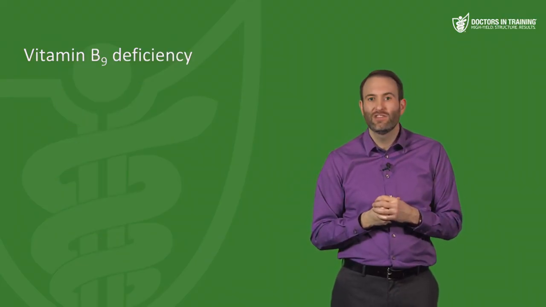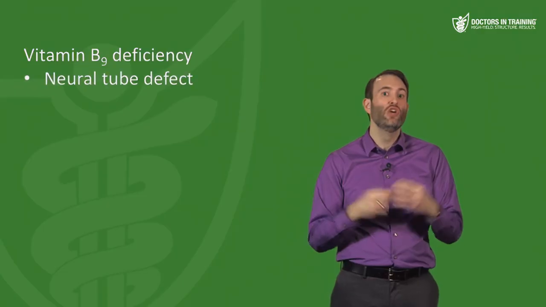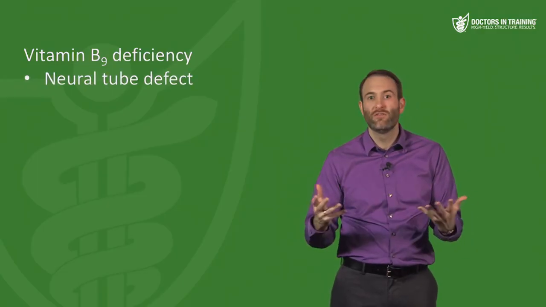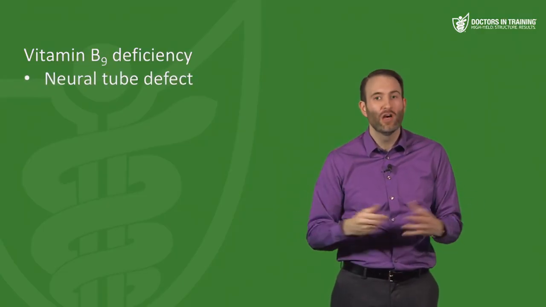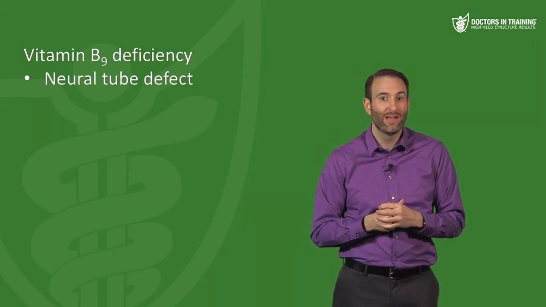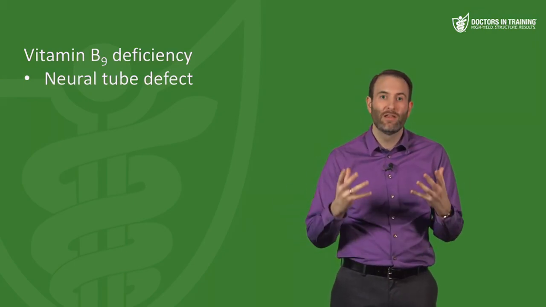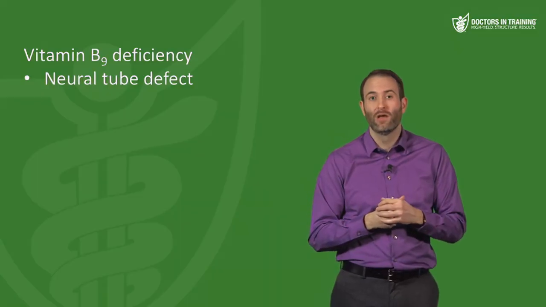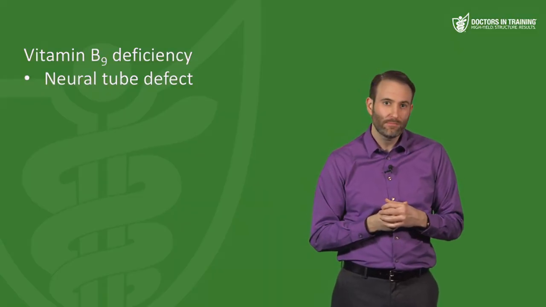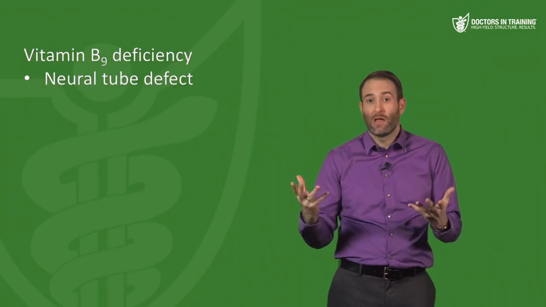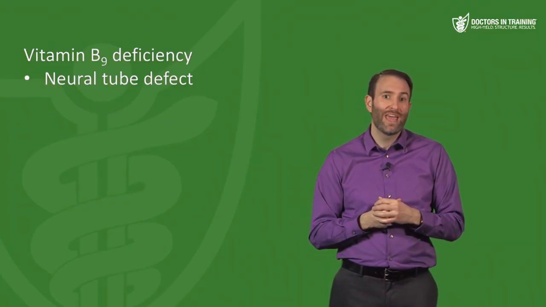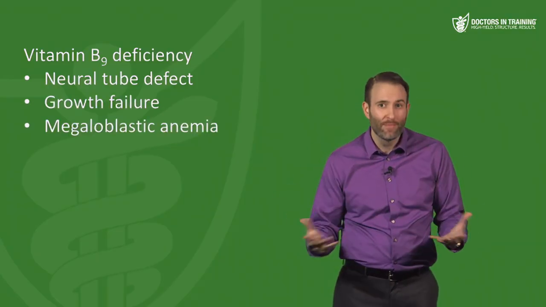Well, if the folate deficiency happens in utero, then the baby might develop a neural tube defect. And folate deficiency is the most common cause of neural tube defects, and that's why it's very important to supplement that folate before a woman actually plans to become pregnant. Now, as an adult and also as a child with folate deficiency, you can have a megaloblastic anemia because folate